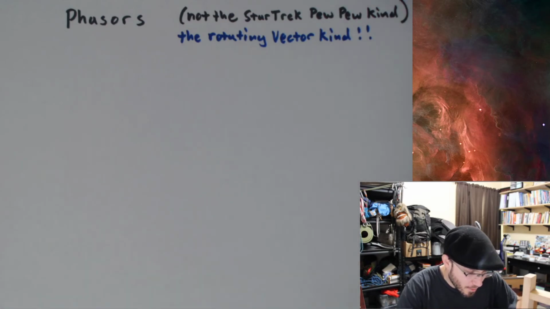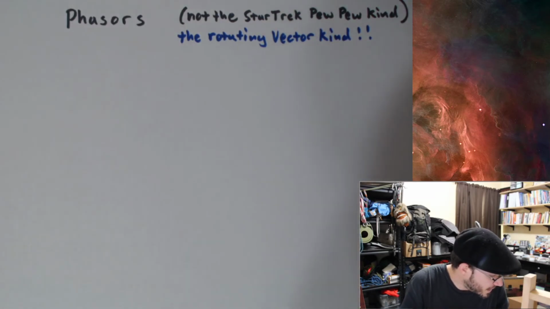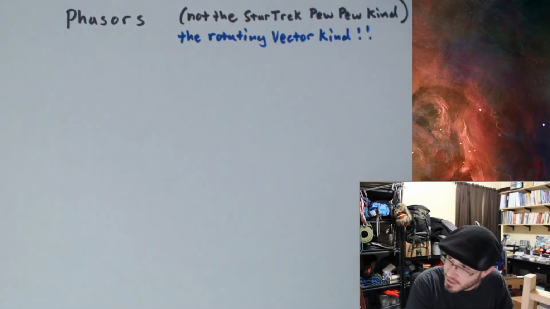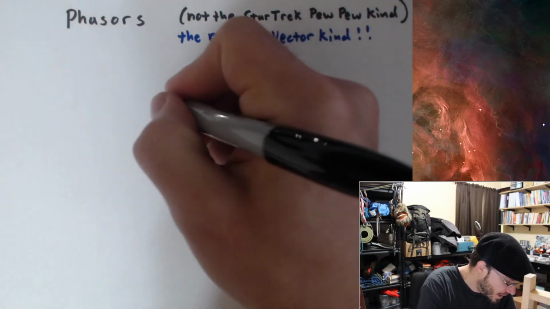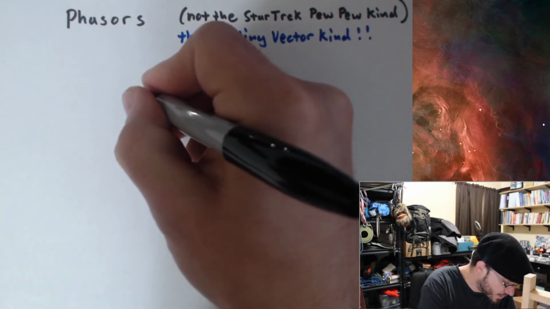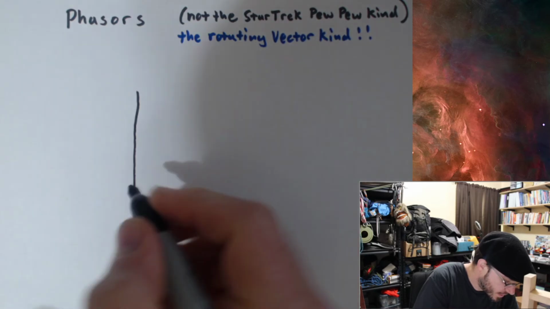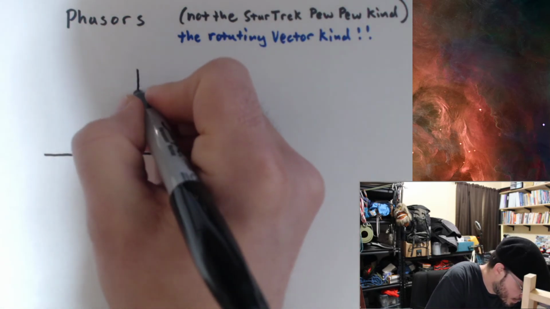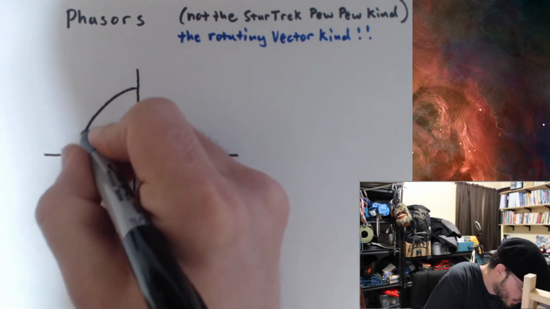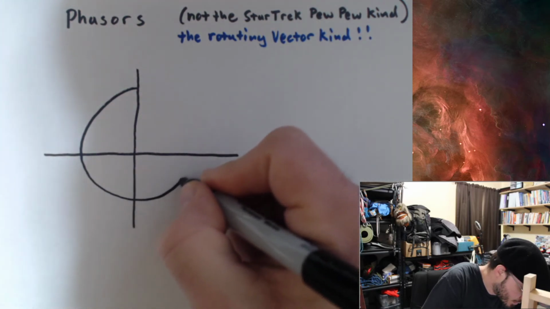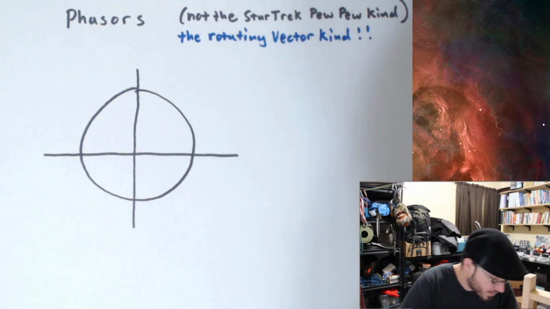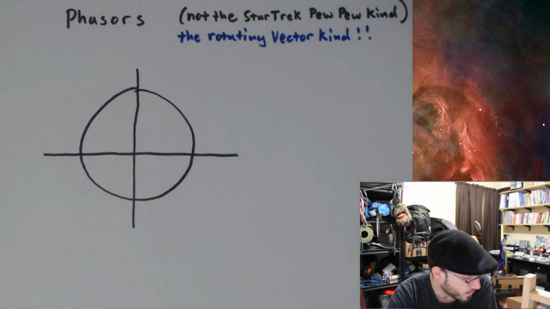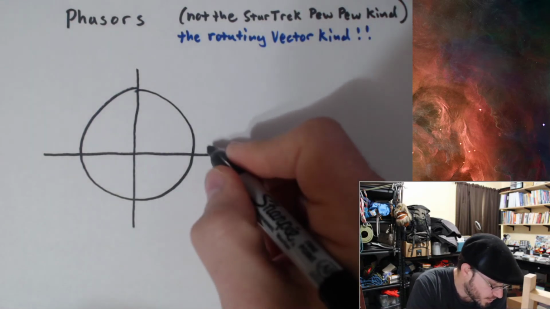So to start with, we're going to begin with a circle. Actually, I'm going to start with a coordinate system, and then we will add a circle to that. Oh, this circle has seen better days. Okay, so we're going to start off with this circle, and we're going to start off here